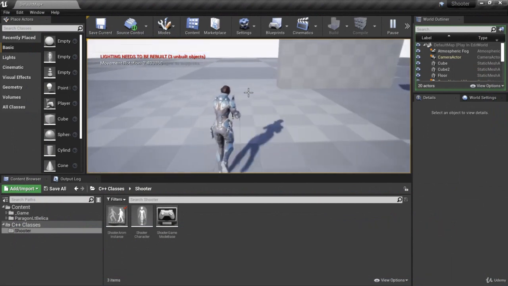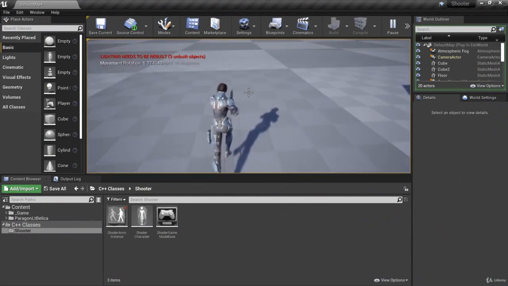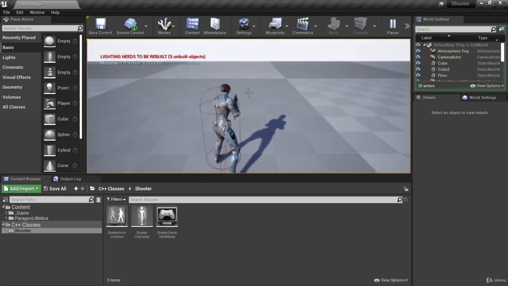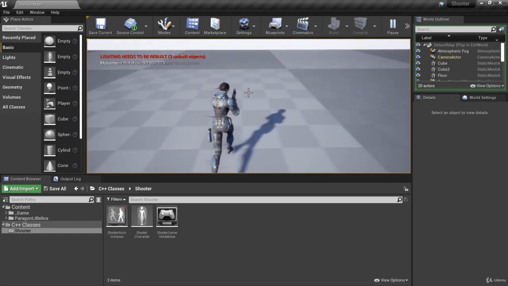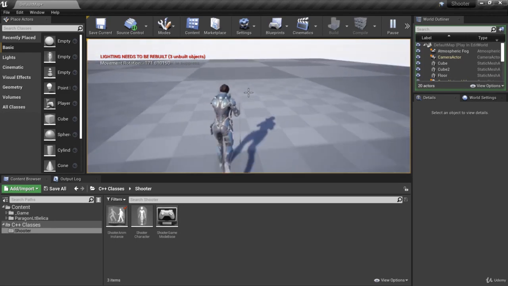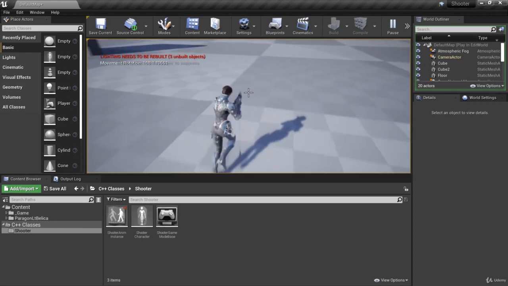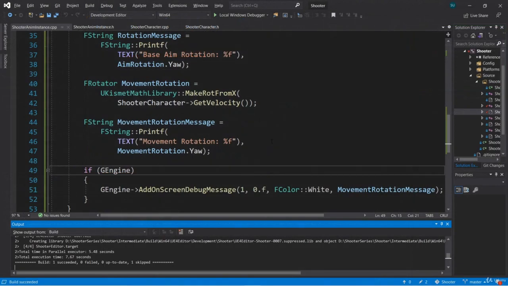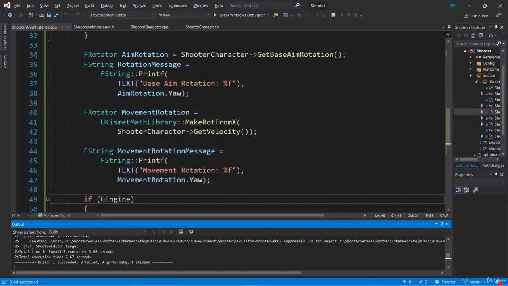Now notice, if I'm moving forward in the positive x direction, movement rotation is close to 0. If I'm moving to the right, it's close to 90. If I'm moving backward, it's close to negative 180 or positive 180. And if I'm moving left, it's close to negative 90. Okay, so we have our aim rotation and we have our movement rotation, and we want the difference between these